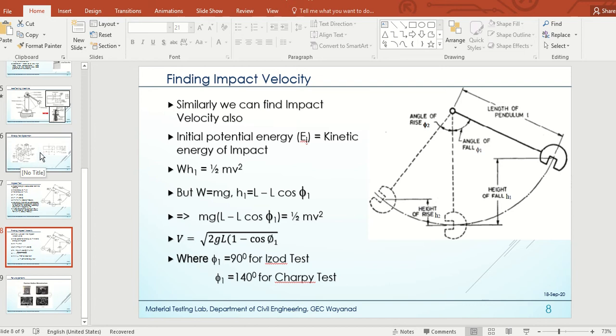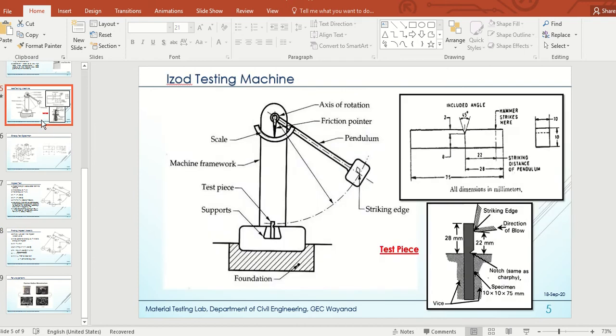These are the basic steps, and if you look at the specimen, there are two main differences. Firstly, let's see ISO test. ISO test is a specimen, and we will be placing the specimen vertically like this, and the hammer will be striking from this direction. The notch is faced towards the direction from which the hammer is giving the impact. These are the dimensions at which it should be cut, and it is held vertically.